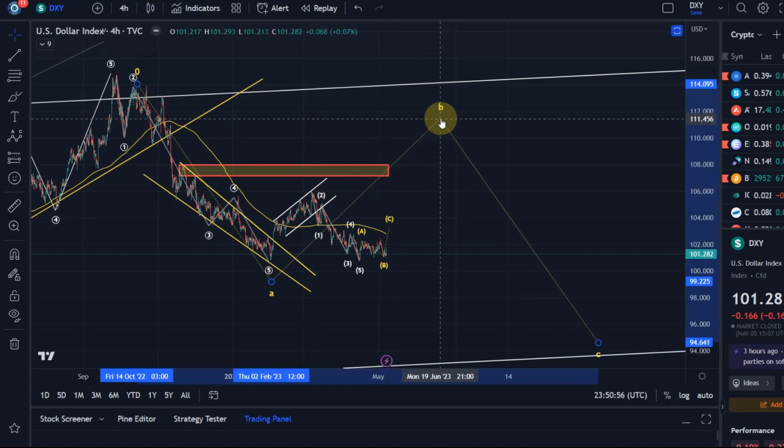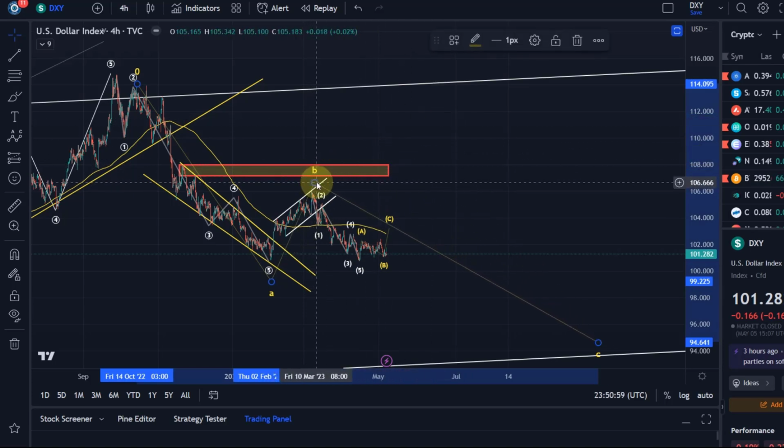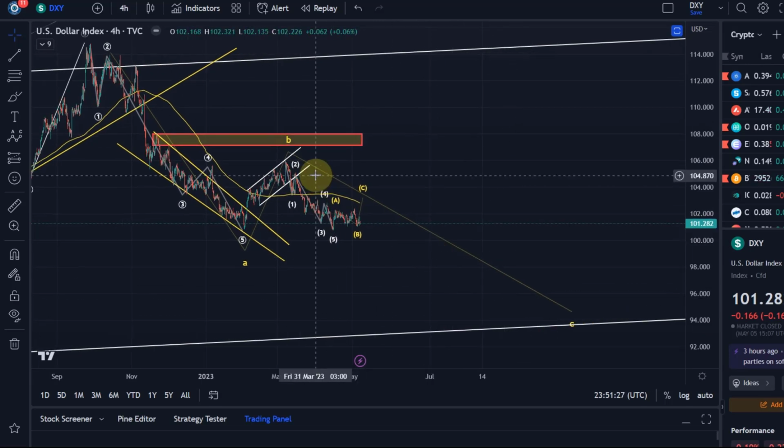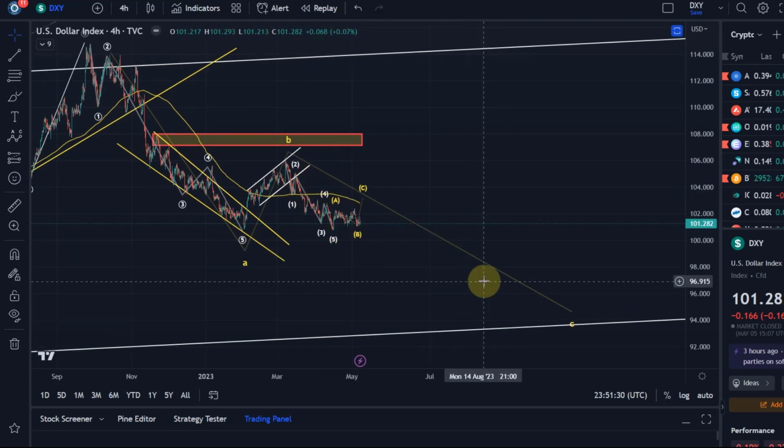The overall downtrending scenario has gained much more in probability. It could still be that we get a higher B wave, but we've been talking about this B wave now for a while. And again, the wave count is pretty much unchanged. It's only on the lower time frame here where I've introduced a 5-wave structure to the downside that assumes we bottomed here in February in an A wave. This here could have been a B wave. It would have been a very shallow one though, which peaked on I think the 8th of March here at around $105.80. And we could now be on the way down in the C wave. This is currently the preferred count.